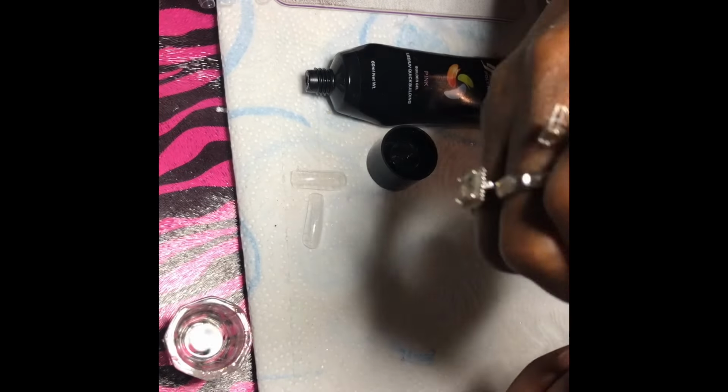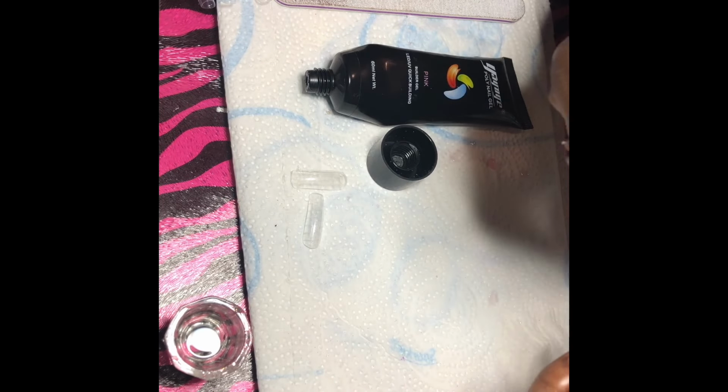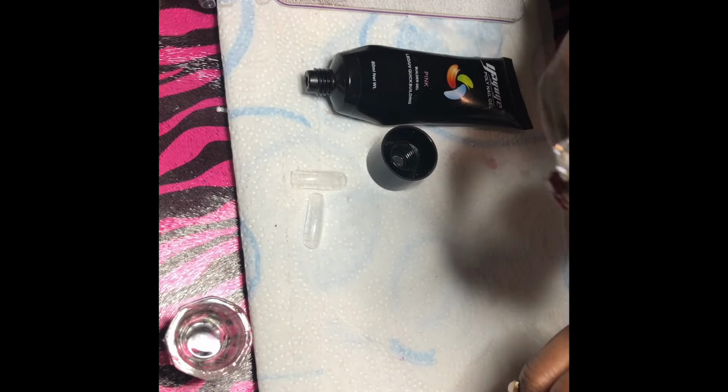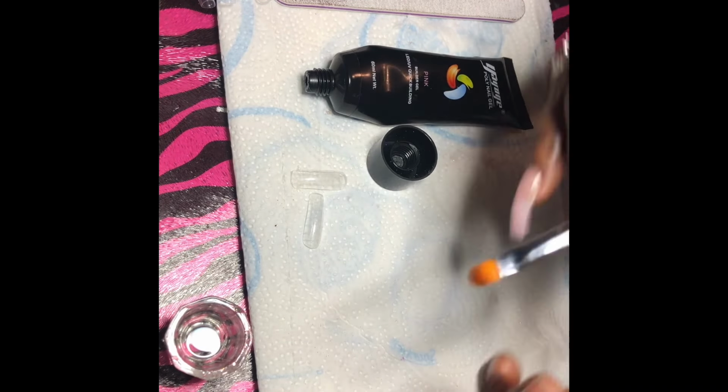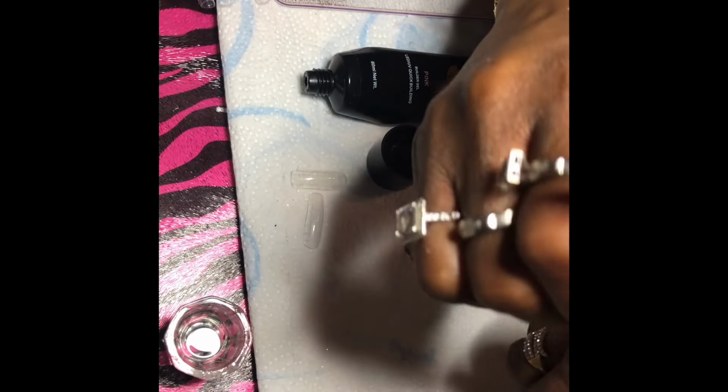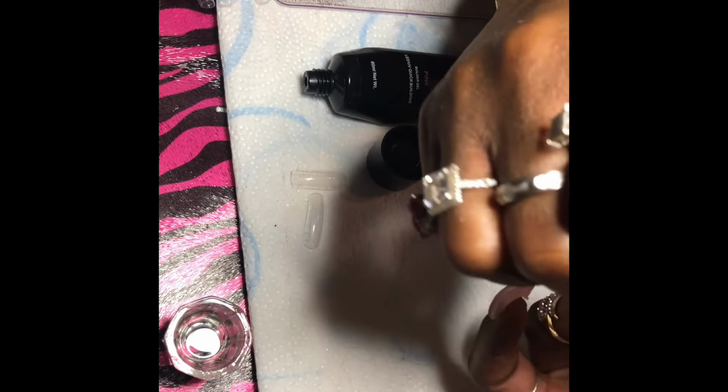I'll clean them up and show you the finish. See, this one, I did this one a little smoother, as you can see. I want to get some of this and take it up. I don't want the bed part to be so thick. Remember, you want the more going towards the